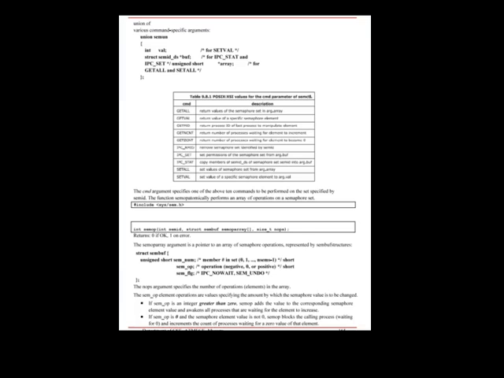See here, the function and the table here. The command argument specifies one of the above 10 commands to be performed on the set specified by semid.